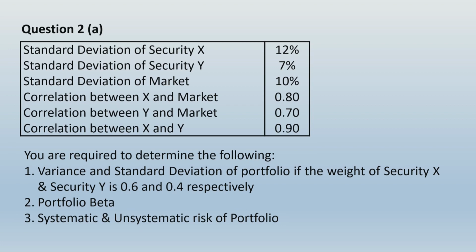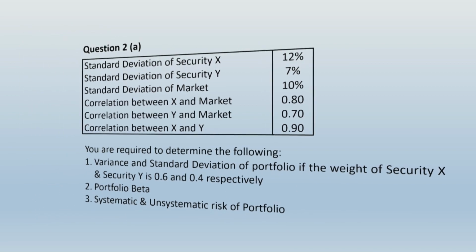So first of all, if you want to find the variance and standard deviation of the portfolio where the weights of the securities are informed to you as 0.6 and 0.4, look at one thing. As per Markowitz model of portfolio risk, the standard deviation of individual securities are given, their weights are given, and most importantly the correlation between the two securities is also given. This is enough information to find the absolute risk, which could be indicated in the form of the variance or standard deviation of the portfolio, and let me show you